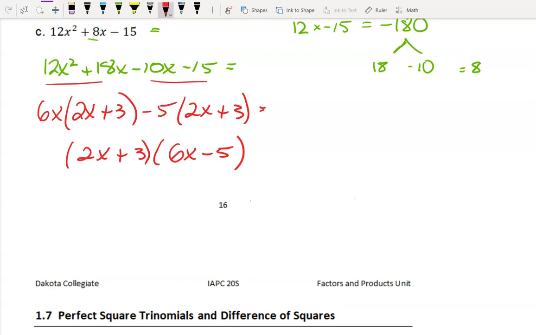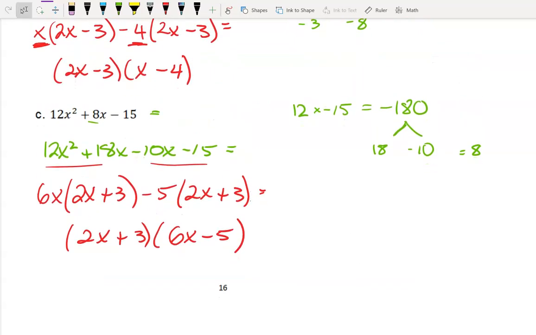All right, so that's the grouping method. Now, again, I want to emphasize to you that if you think you know how to do it the other way, and I really hope that's the method you're going to focus on, don't worry about the grouping method. You don't ever have to look at it again. Okay? If you think this is something you want to learn or something that you're going to need to learn,